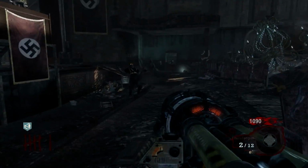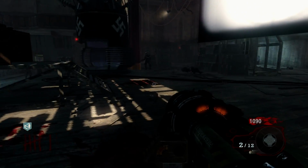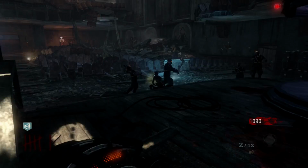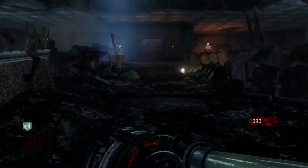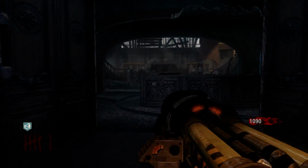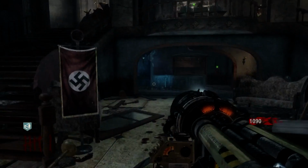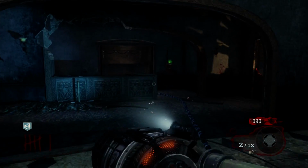In the Pack-a-Punch room there is some writing on one of the bullet boards in German, and when you translate it, it reads, "Hold on men, we will finish them." And then underneath that it says, "Yes, yes, sure." In one of the rooms there are a load of letters that have spilt on the floor, which spell out Manhattan Down. And then the final Easter egg I want to show you can only be found on the Nintendo